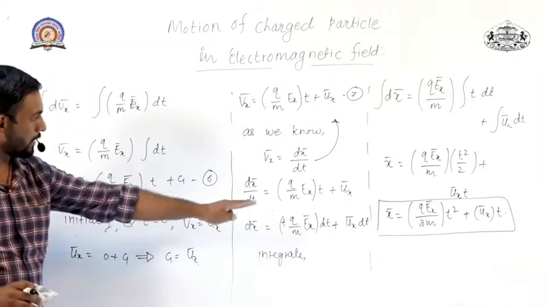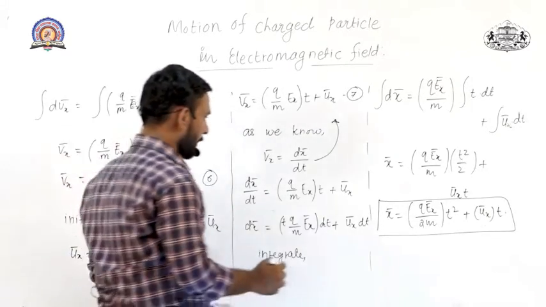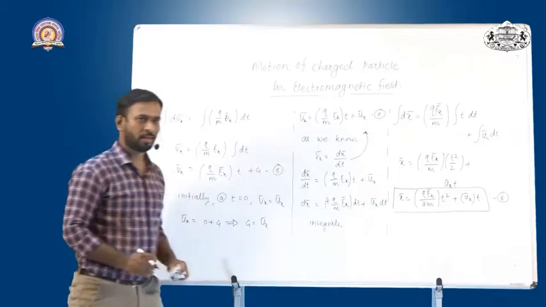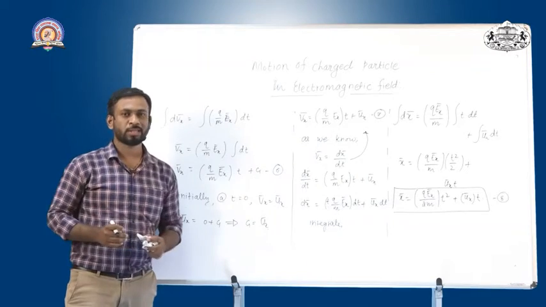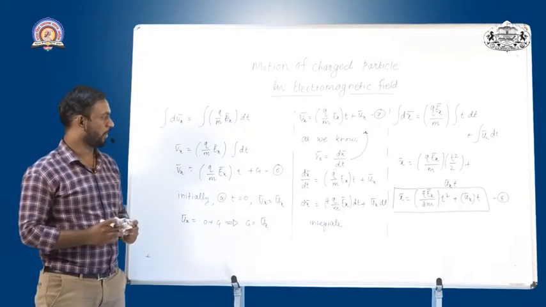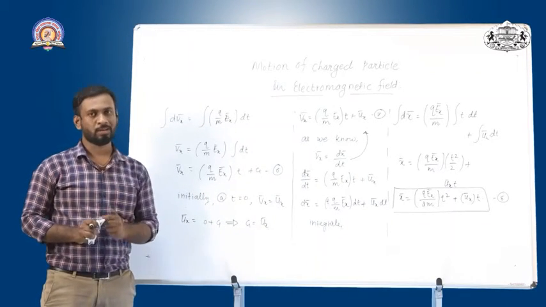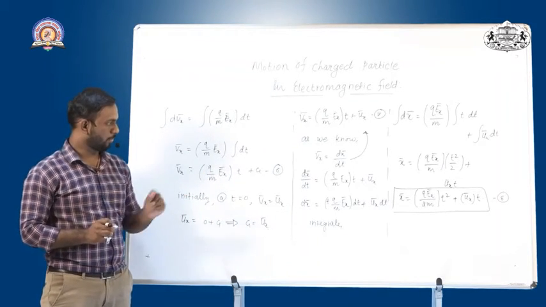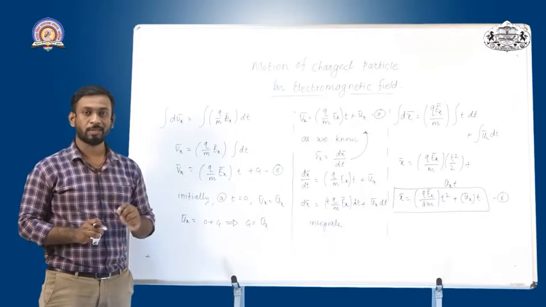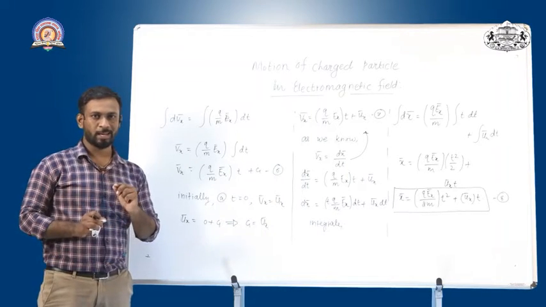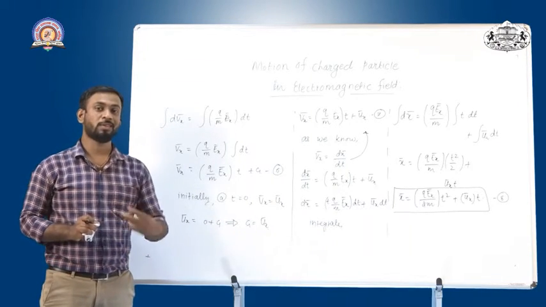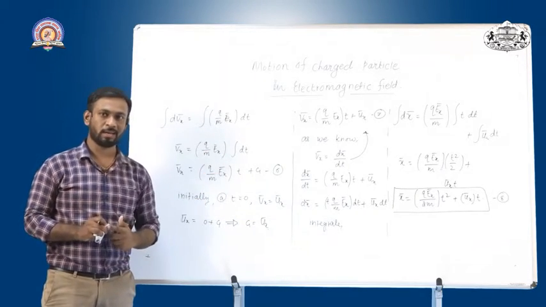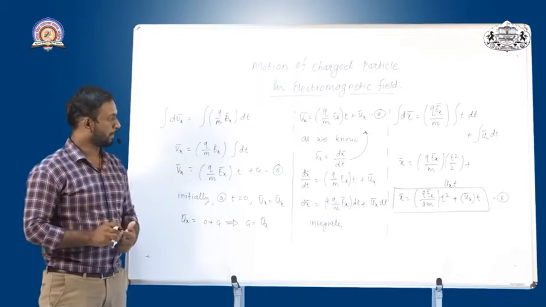If you look at this equation, equation number 8, it represents the path of the charged particle when the charged particle moves parallel to the electric field. If you look at the time dependent part, we have a t square term and a t term. So the particle moves in a straight line with constant acceleration, because the t square term denotes the acceleration part and t again denotes the time part.